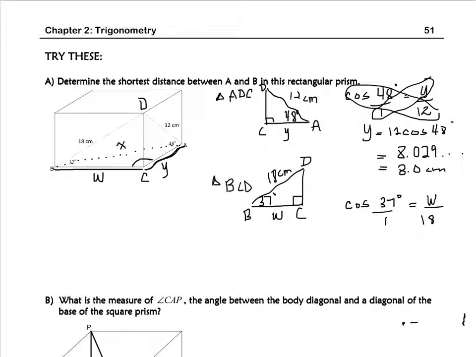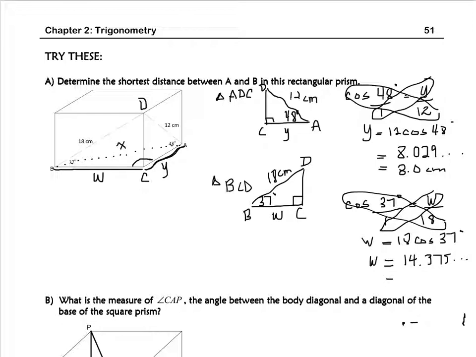And then we would cross multiply to get W equals 18 cos 37. And that gives us 14.375, so on. So if you round that to one decimal place, it would be 14.4 centimeters. So then if we move over here to get some space, then we know that using the Pythagorean theorem,